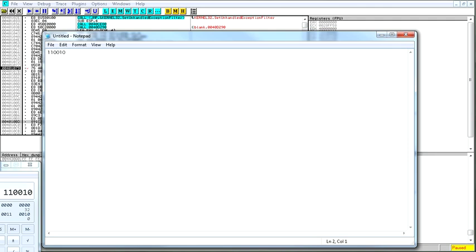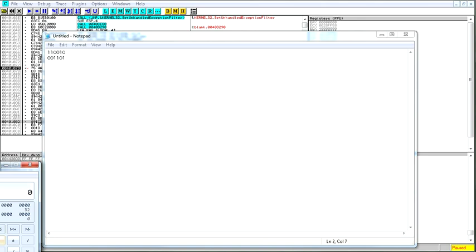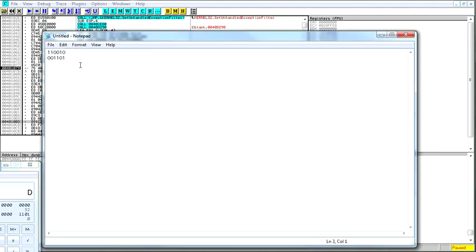Now, if we had 0 0 1 1 0 1 in another register, which is hex D, then the result is going to be 0.